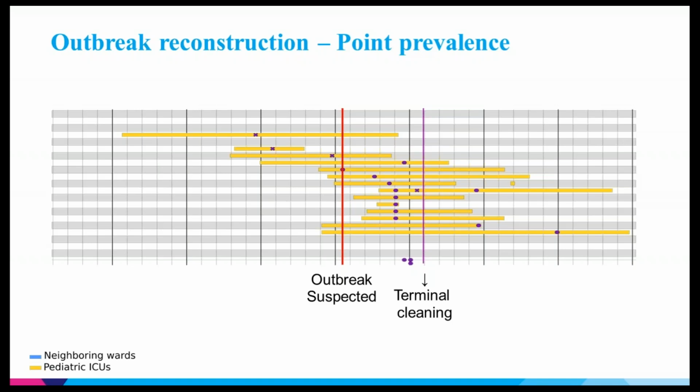So the thermal cleaning was not successful, and we know that because there was a secondary transmission event that was actually precipitated by the thermal cleaning itself. So what I'm showing here in the green box is 2 patients that during the thermal cleaning were moved to the same unit. And during that time, they likely transmitted to each other. And the reason that we know that is because they share a variant pattern that is unique to their 2 isolates. So we know that they are more highly related to each other than to any other isolate that was